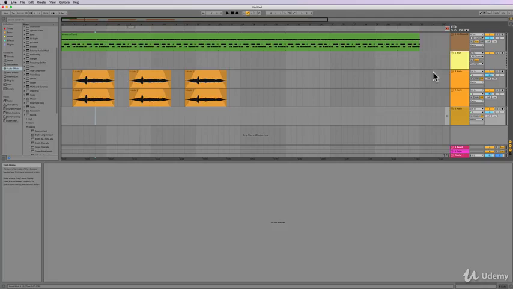Okay, let's move on and talk about MIDI recording. So, a little recap, sort of. MIDI stands for Musical Instrument Digital Interface. And what that means is that it's kind of like a protocol, is what it is. That's the way to think of it. Think of it like a little language